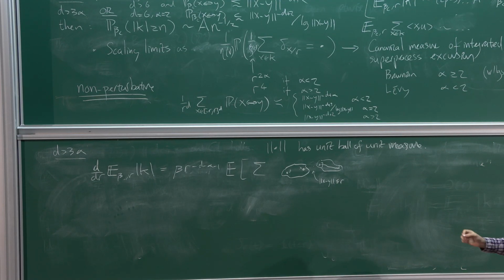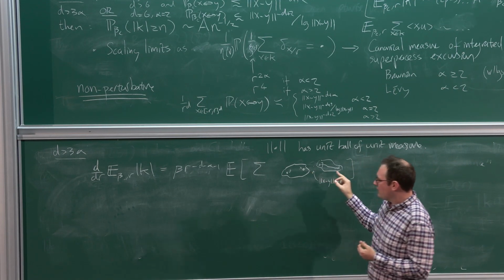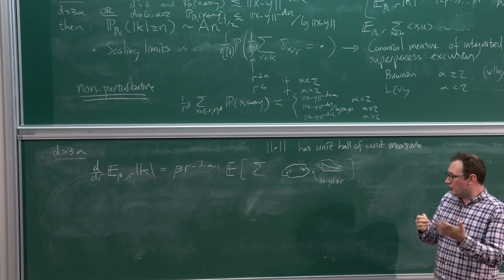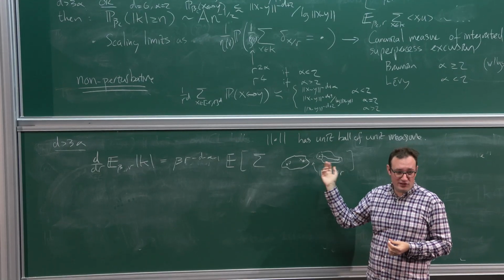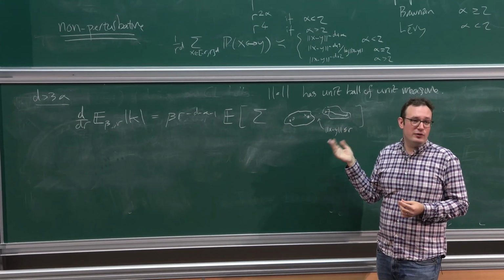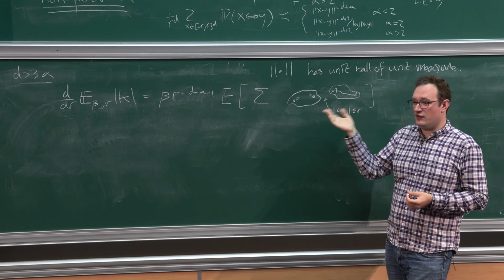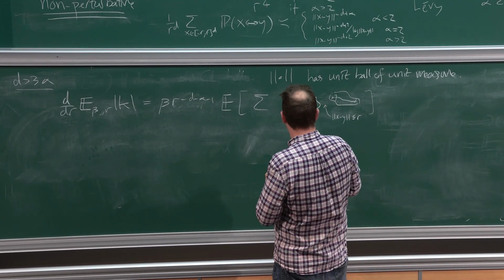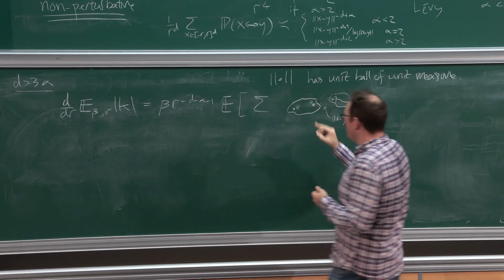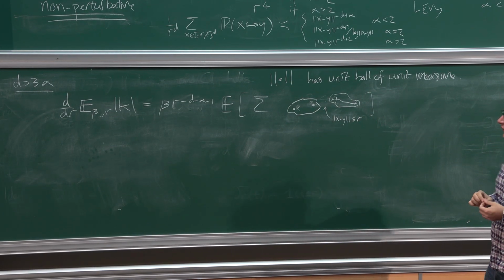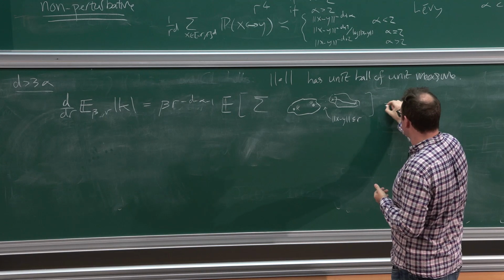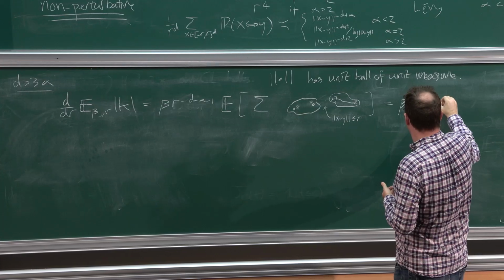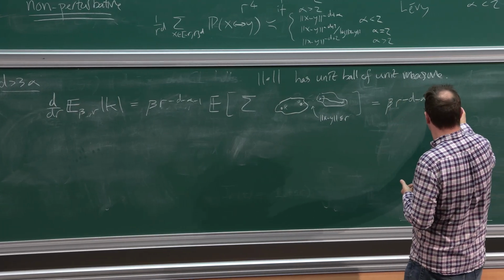Now, as I mentioned before, when you have these kind of sums over pictures like this, where you have one vertex fixed to be the origin and everything else being summed over, you can always change which vertex is fixed to be the origin without changing the value of the sum. So it's convenient here to make the origin this point and then sum over this point x. Okay, so in other words, you get just beta, this term, times